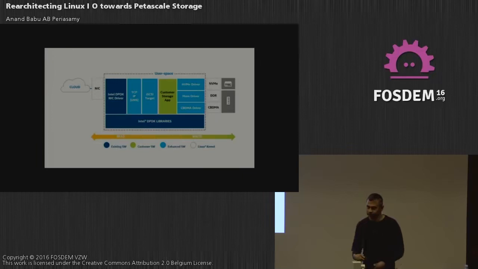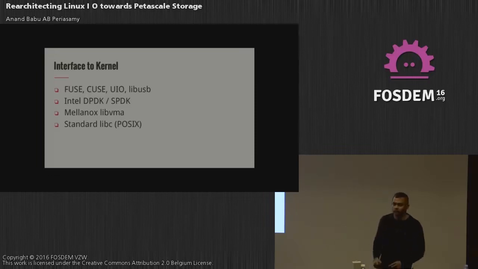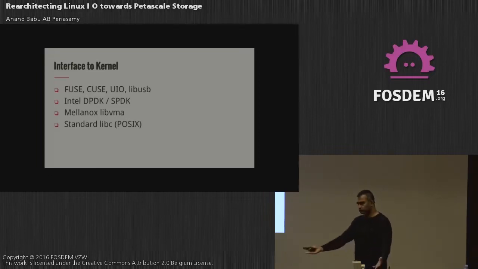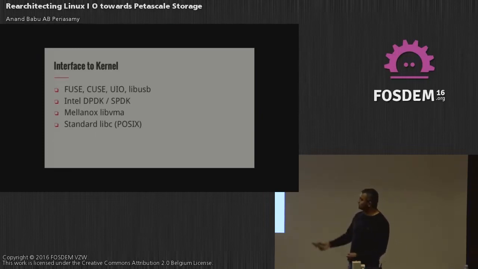CBDMA is also a DMA interface into the storage device, and then there is a memory driver. You can now map an NVM device as if it's a block device, format it with even ext4 and mount it. There is also Mellanox libVMA, a library to do user space RDMA between nodes. You can get real high-speed performance with RDMA. It works on 10 gigabit, which is now also 40 gigabit, and we are working towards 100 gigabit. InfiniBand is also there, so for both of them you can now do RDMA using this library.